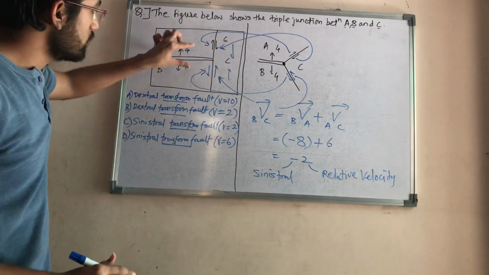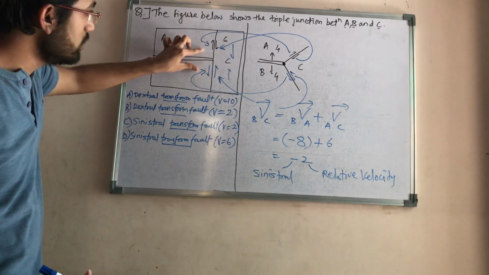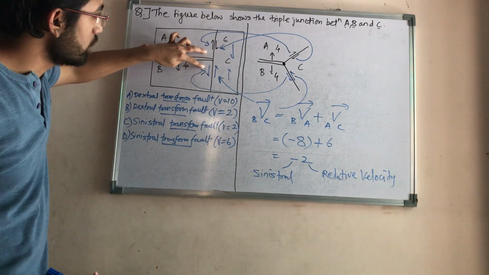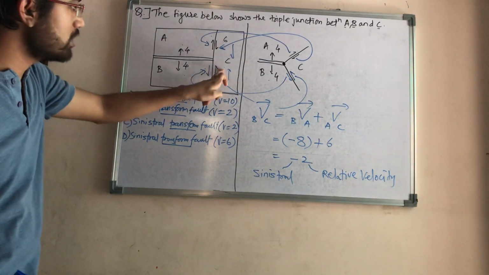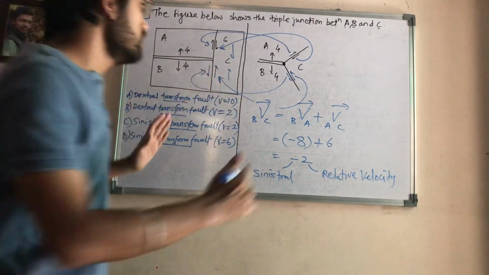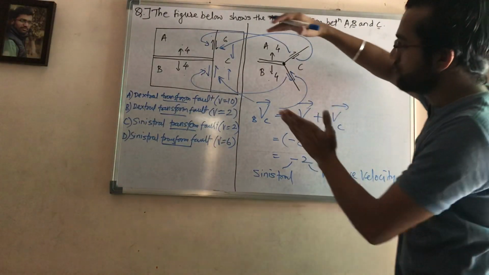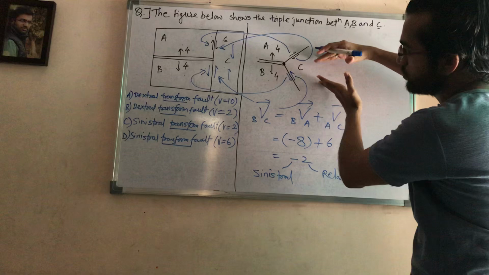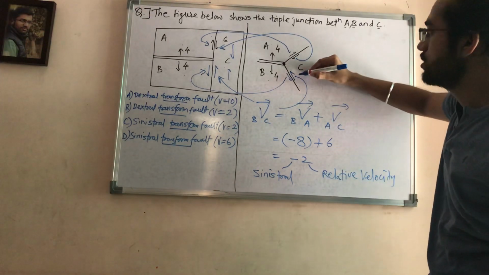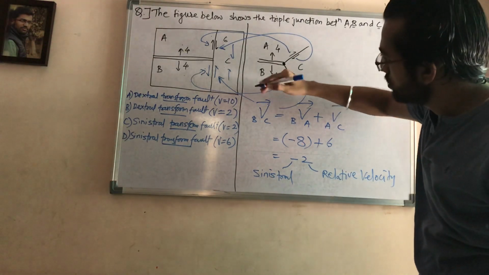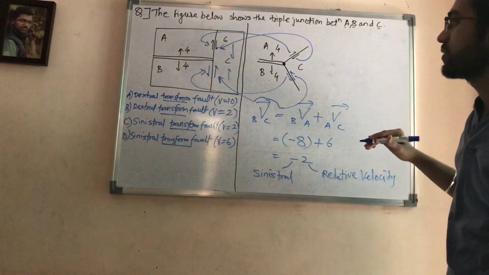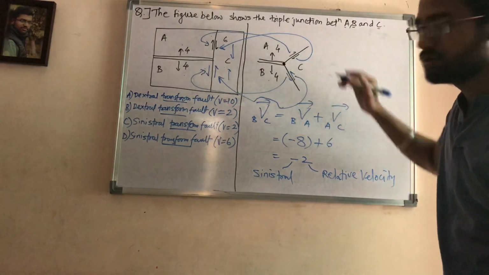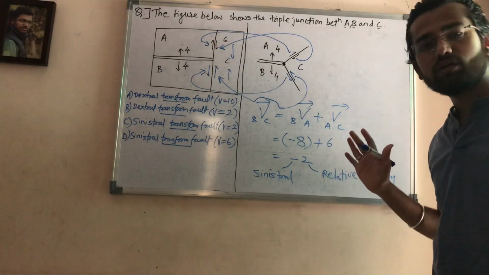Understood? So our doubt was actually why these arrows are going in opposite direction towards each other on plate C. Actually they are not going in opposite direction, they are in the same direction. We need to consider this figure actually. Okay, clear? Still you have any doubt, you can ask.